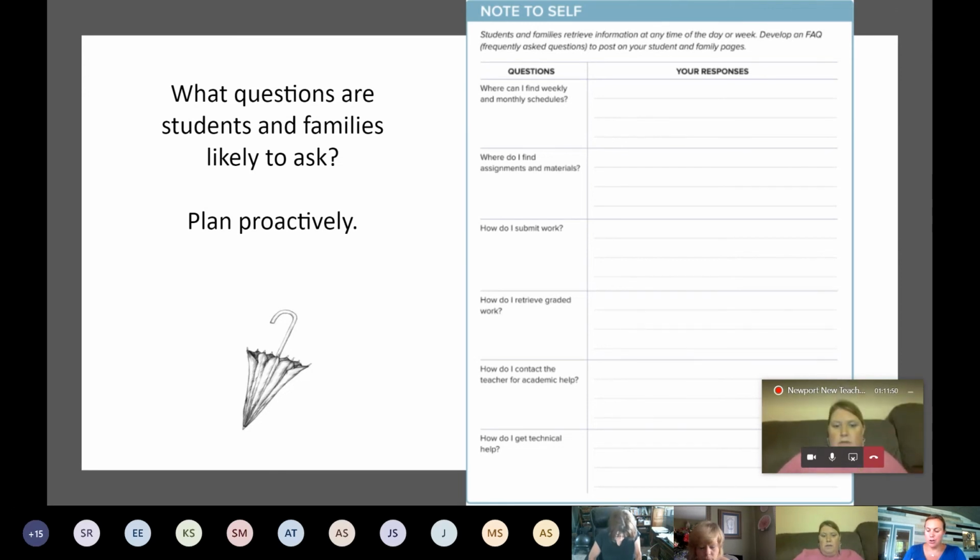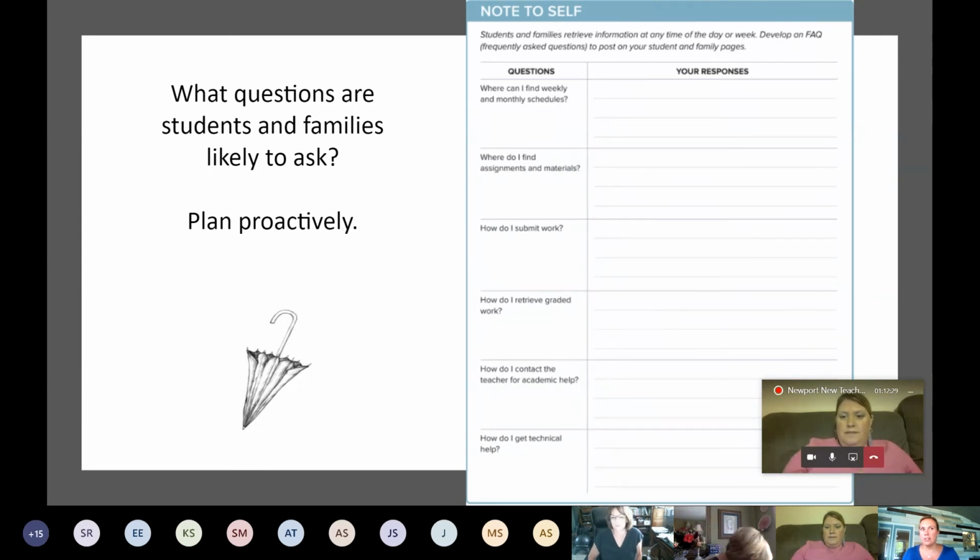Another thing you could do is a Screencastify or some sort of video, where they're looking at your computer screen and you're talking them through. This is how you would turn in an assignment. When you need to find materials, this is the tab you'll use. You could do a short video so that they can refer back to it. But like Miss Diddle Jones said, you do have to practice it. It's one thing to post it, one thing to answer these questions on a sheet somewhere, and another thing to really implement it and practice it over and over.